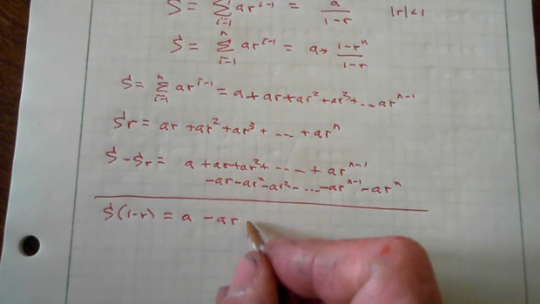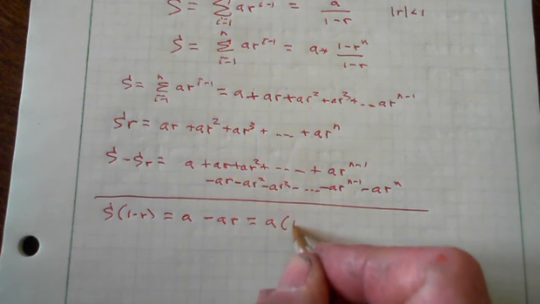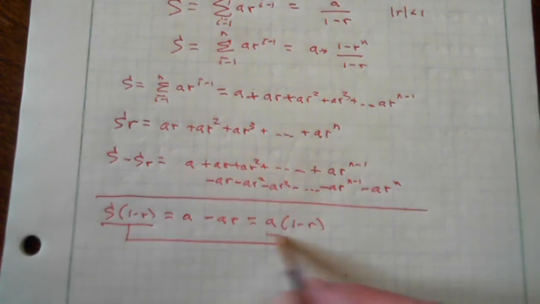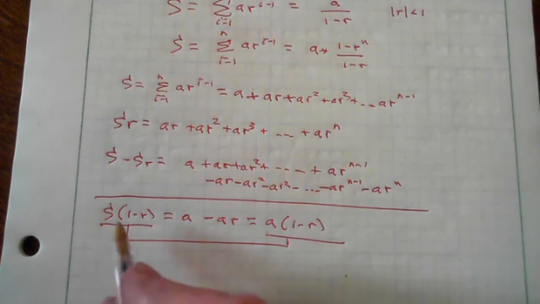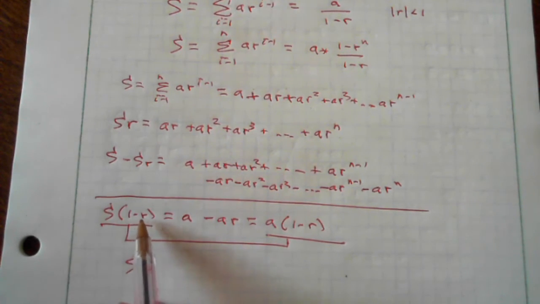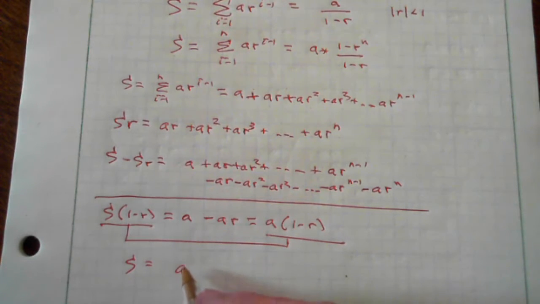Now I could factor the a out of that. I get a times 1 minus r. So this equals that. And now to find out what s is, I will divide both sides by 1 minus r. So I get a